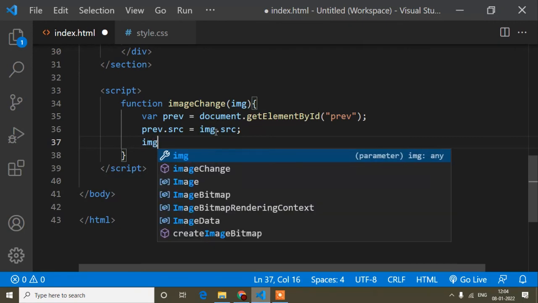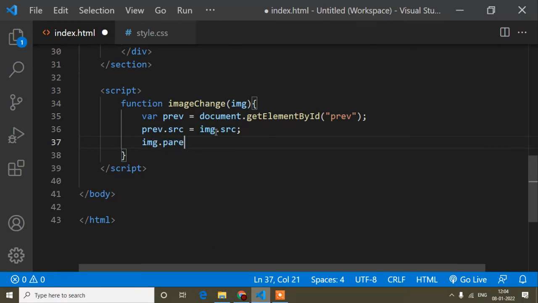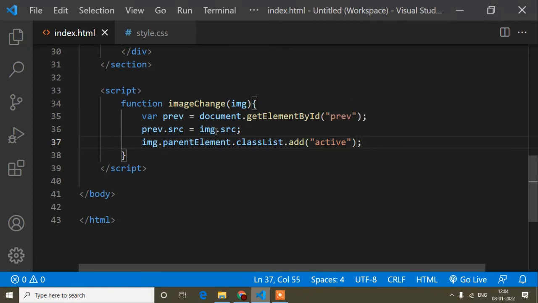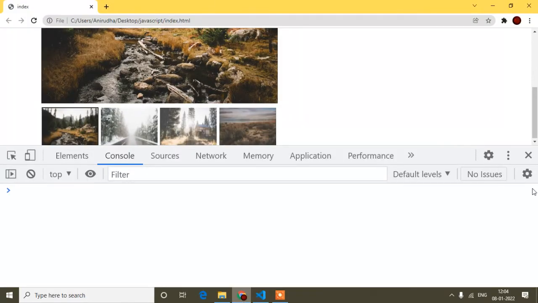So here I will write image dot parent element. Okay, image dot parent element dot class list dot add active. Okay, now save and refresh.